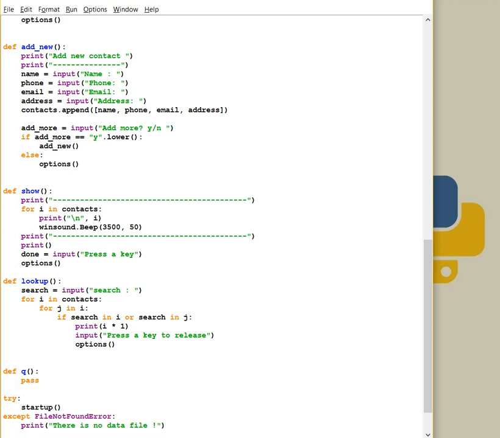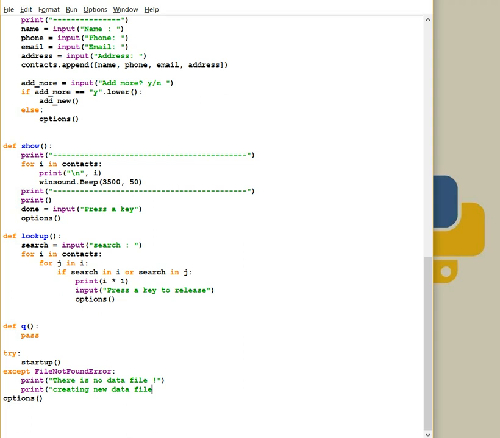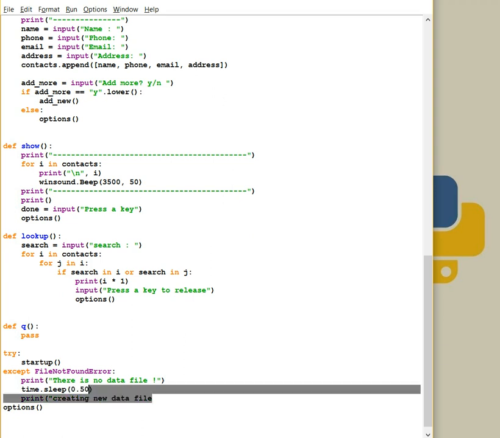And after print, starting up the program, or creating a new data file, something like that. Creating new data file, and we can make it more fun by time.sleep 0.50, and we create new data file,